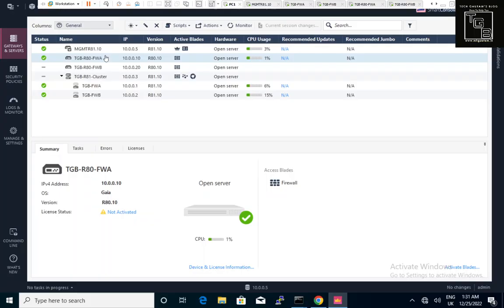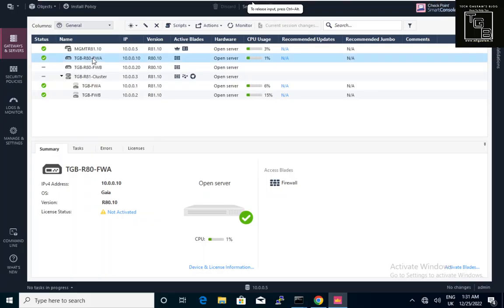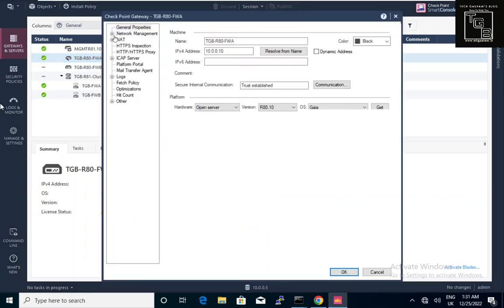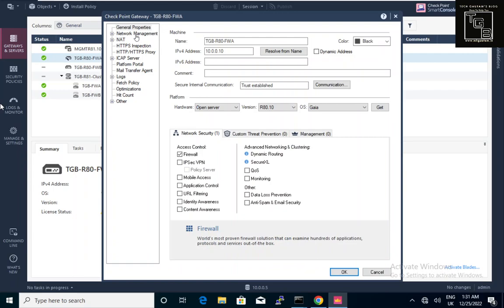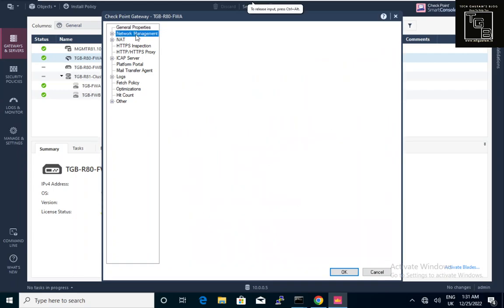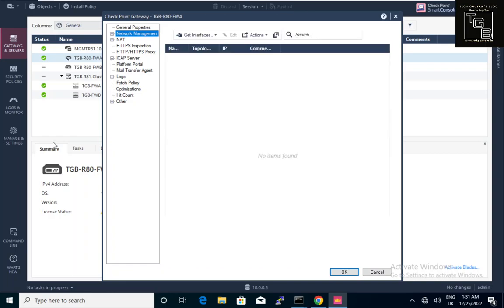If you go to that box, which is Firewall A, and double click on it, go to the general properties, network management, you will see we have three interfaces configured: ETH0, ETH1 and ETH2. But in the case of FWB, we need to configure ETH2, so we can log into the firewall via WebGUI